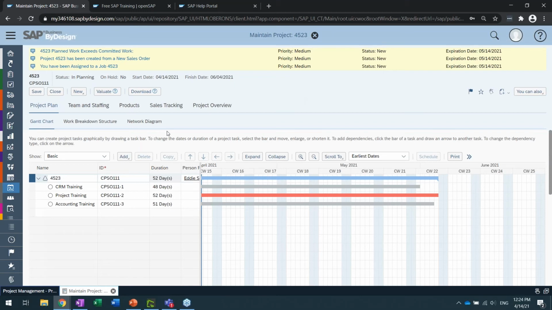So when I say project header, what I'm referring to is the first row in the table down here on the project plan Gantt chart. The first row represents the overall project itself. Everything under that is going to represent tasks. So if we first take a look at the project header here, where I'm going to see details about that project header,